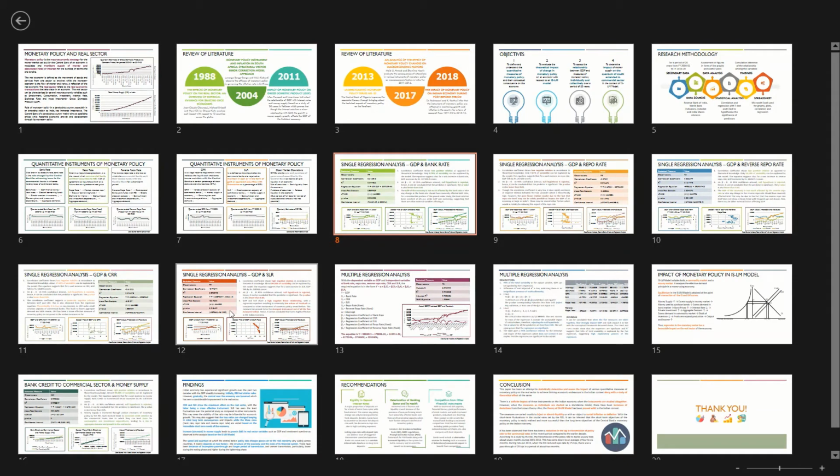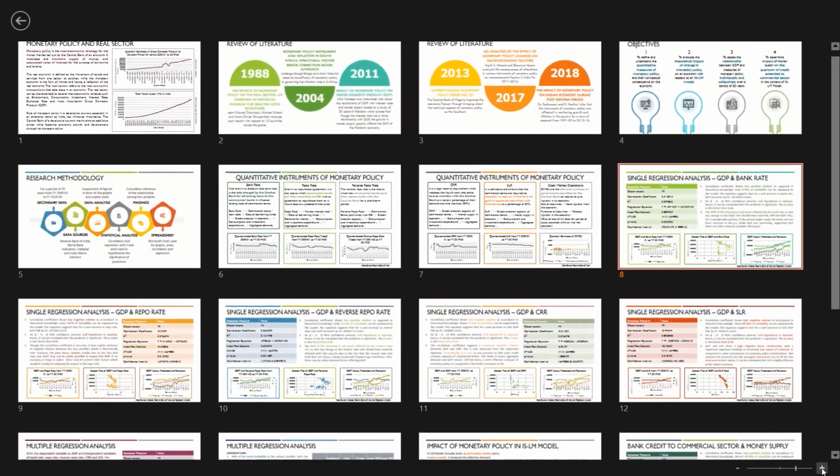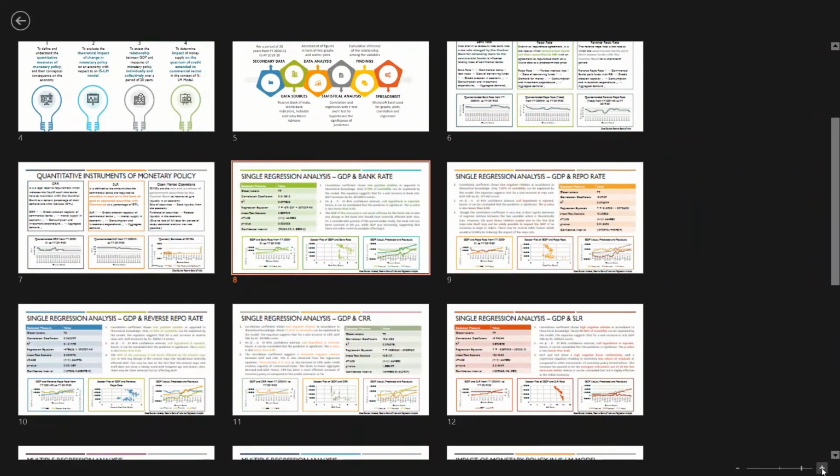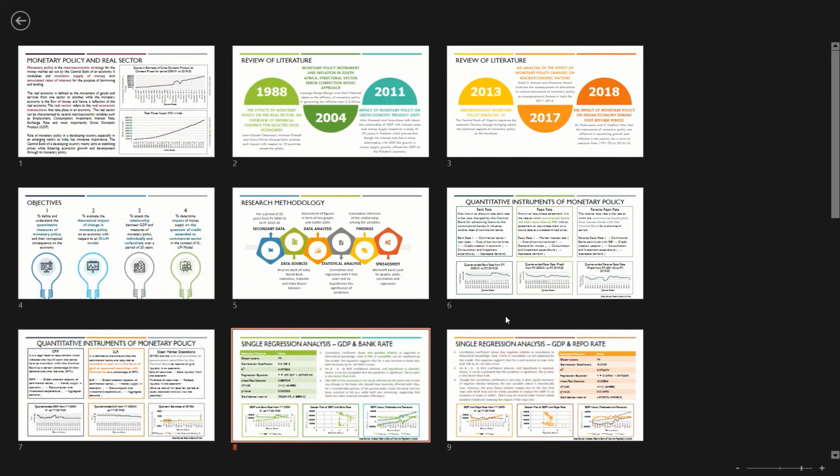Basically, by dashboard we mean that you can see all the slides that you have in your Microsoft PowerPoint all at once on the screen. In case you feel the dashboard is too small right now, you can click on this plus sign in the right bottom corner and you can increase the size of each slide, and it will reduce the number of slides that appear at once on the screen. So right now you can get a brief overview of everything that you have in your Microsoft PowerPoint presentation.